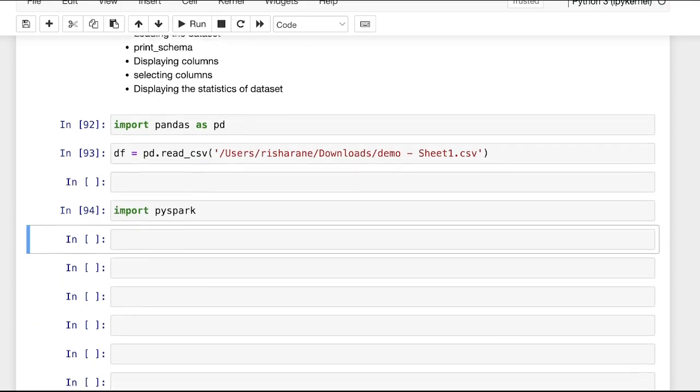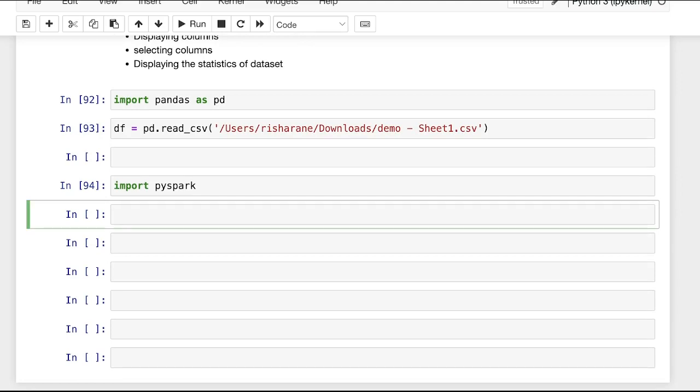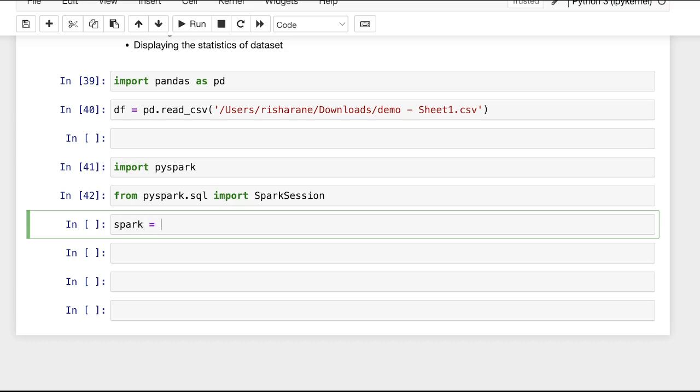After that, you will start the Spark session. First, to start the Spark session, you need to load that from pyspark.sql. You will import the SparkSession. Now we will create a spark variable into which we will load our Spark session .builder.appName. Now here you can name your cluster. You can name it anything.